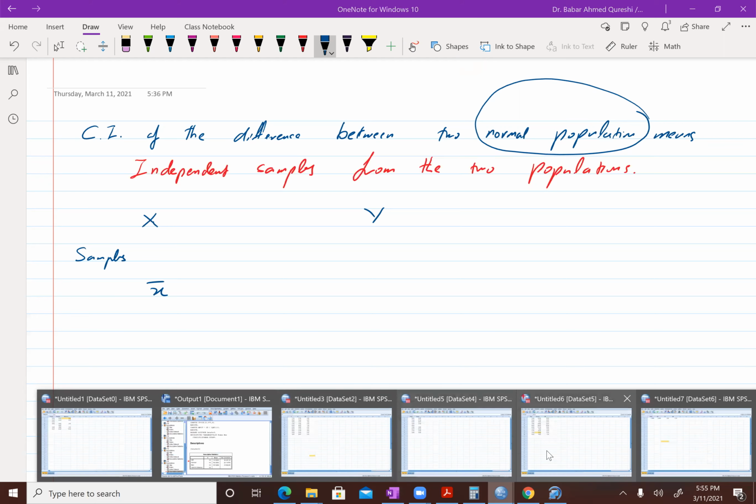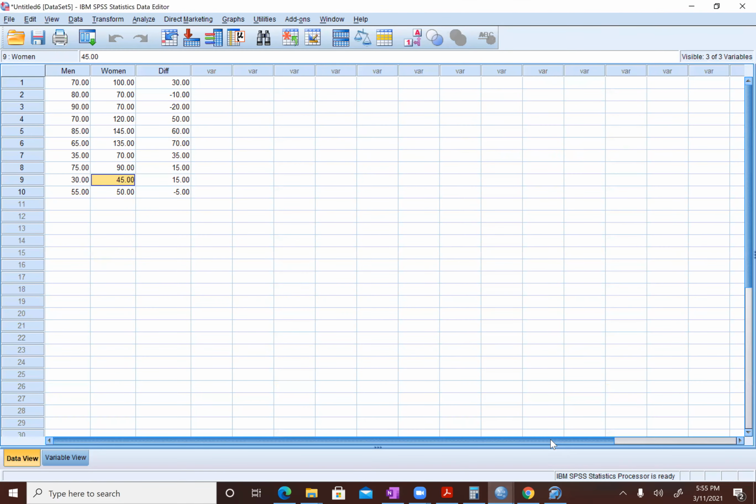But the main point was not that. The main point was that this difference, if I look at this entry in the difference column, has a different significance if this is correlated data. I could compute this difference because these two are correlated. If they are not correlated, I should not be subtracting this woman's number of minutes from any of these men's number of minutes. That means nothing.